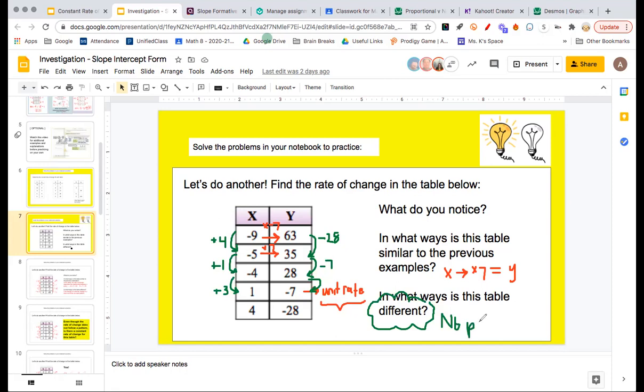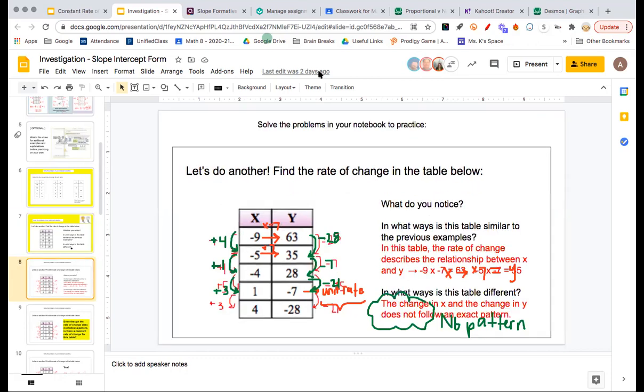Okay, so it's not following a pattern, but does it still have a rate of change? So that's what we're wondering. Does everyone understand what we're saying in green here? Like this does not follow a pattern? Is everybody with me? Yes. Okay, I got 2 of you. Yes. Okay, so the question is, oh, go ahead. No, I'm not understanding. Okay, so what we see, like this table still has that